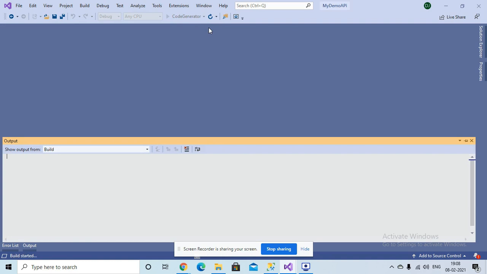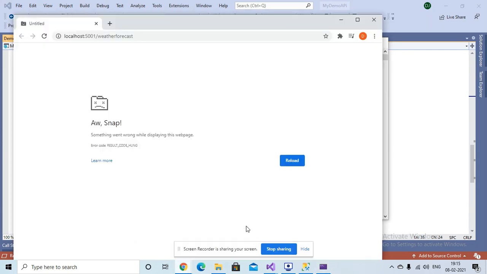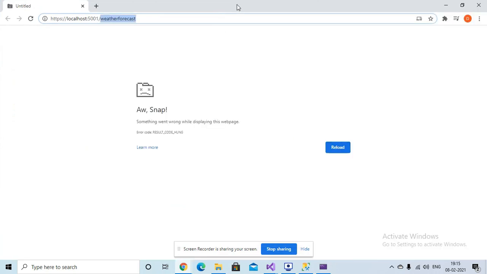Code generator will automatically generate the code for your API, and that will provide functionality for add, update, delete, get all records, and get record by primary key. So these all are created through this application. So now you can see here, there is a Swagger file generated for our API. So this Swagger file is being loaded.